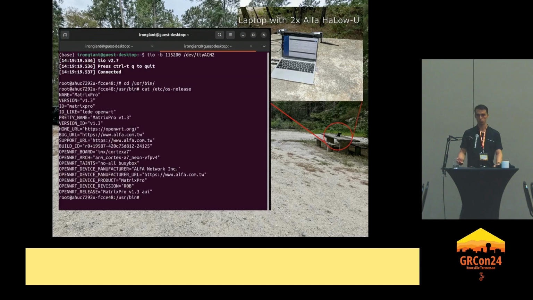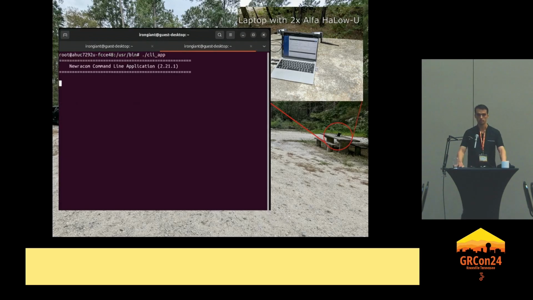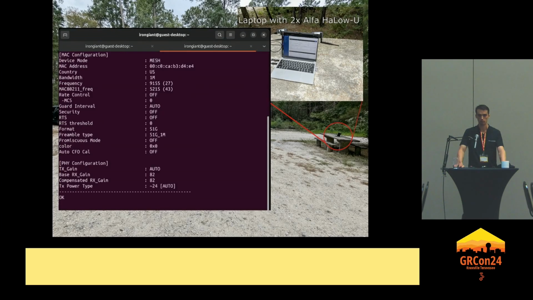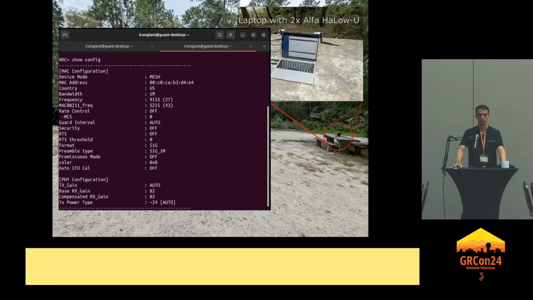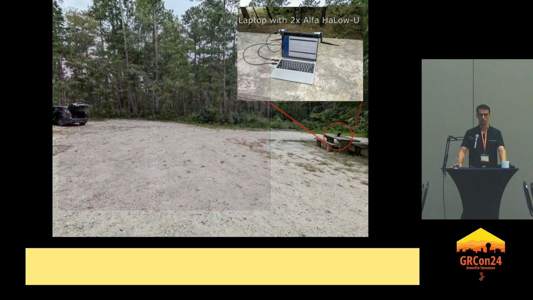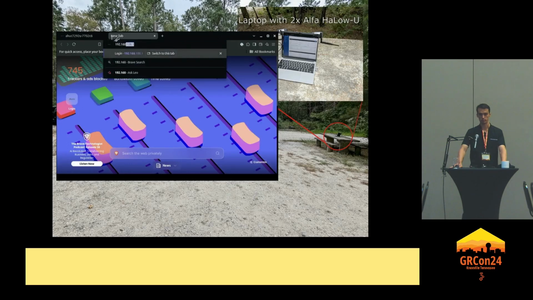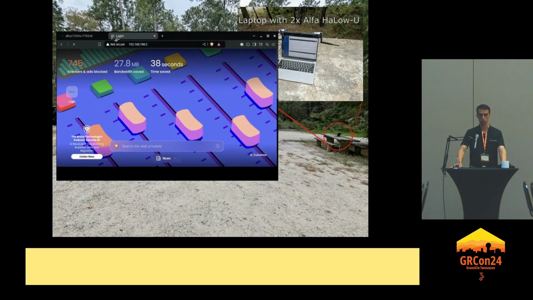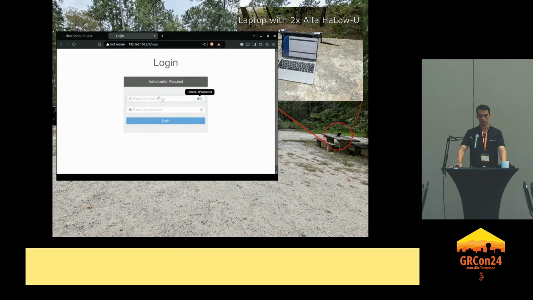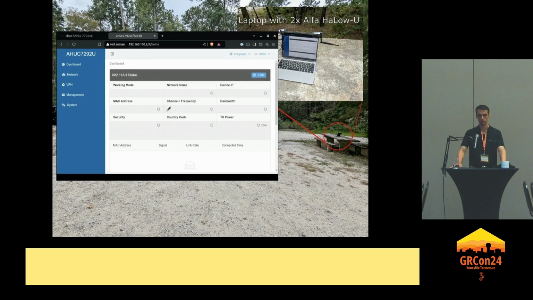I am doing a little bit more here than you would need if you were actually trying to run this device network. I'm just trying to be verbose about making sure my test conditions are the same. So again, setting the modulation coding scheme to 0 so these devices can communicate. And then the final sanity check is going to the configuration dashboard of the second device and ensuring the settings are the same and that it sees the first device that I went through before. And great, second sanity check passes.